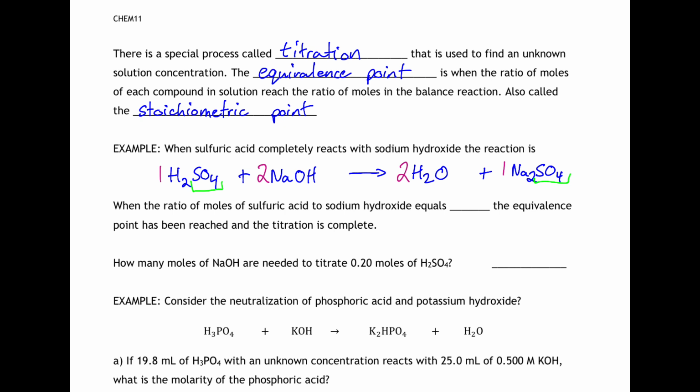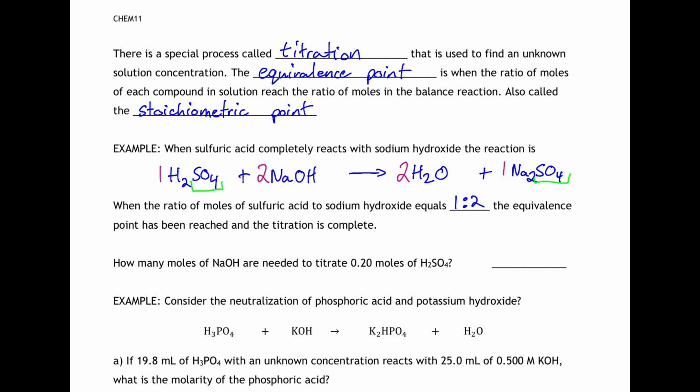So when I've done the moles of sulfuric acid to sodium hydroxide, what's the mole ratio? Sulfuric acid to sodium hydroxide. Sulfuric acid, what's the number in front of sulfuric acid? 1. What's this number in front of sodium hydroxide? 2. So I need to have, when I'm mixing this evenly, to balance this reaction, 2 sodium hydroxides for every